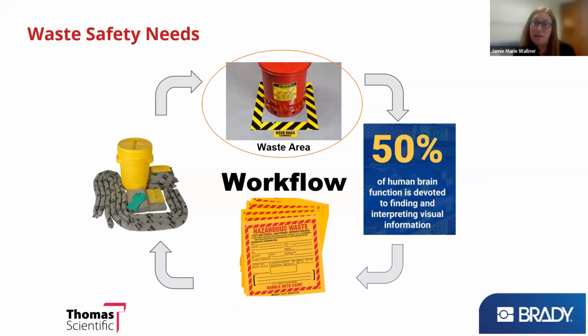All right, you've brought the chemical on site, you've stored it appropriately, you've used it, and now you're ready to get rid of it. What are the safety and maybe a few of the regulatory needs in that waste disposal? Up until now, we've chatted more about the OSHA lab standard regulations. However, as you guys know, EPA regulates your hazardous waste and requires you to have at a minimum a central location. But if you're like my lab, you probably also have a few satellite locations and some lab pack waste